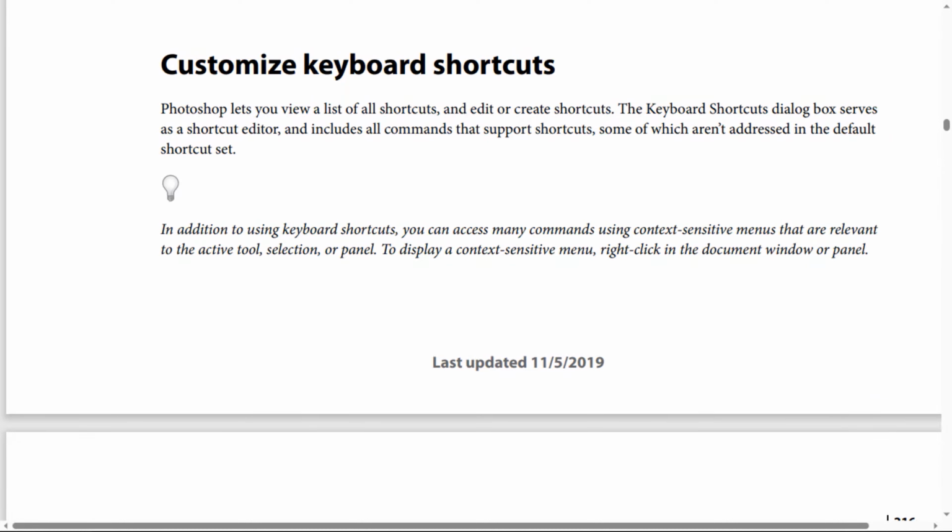Customize keyboard shortcuts. Photoshop lets you view a list of all shortcuts and edit or create shortcuts, and the Keyboard Shortcuts dialog box serves as a shortcut editor and includes all commands that support shortcuts, some of which aren't addressed in the default shortcut set. And in addition to using keyboard shortcuts, you can access many commands using context-sensitive menus